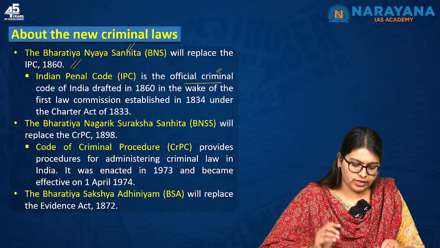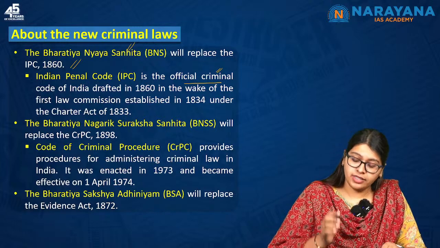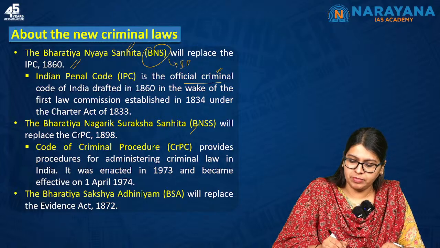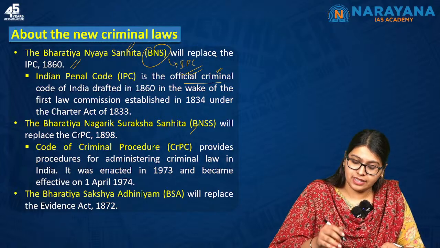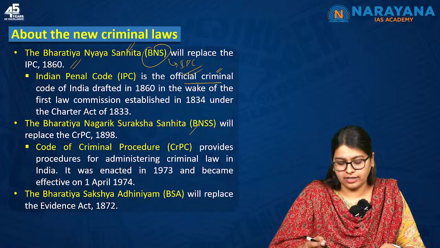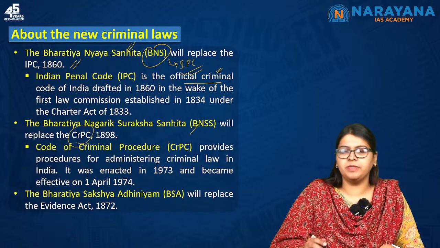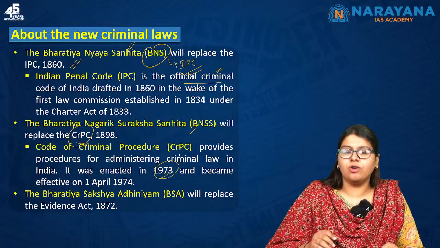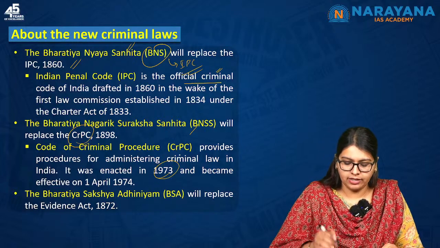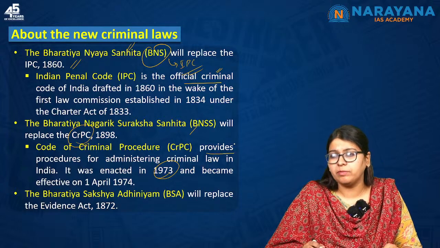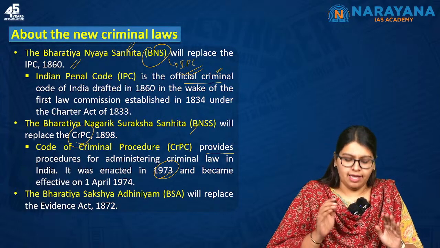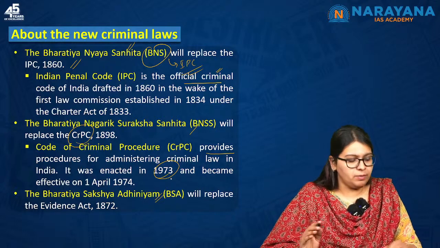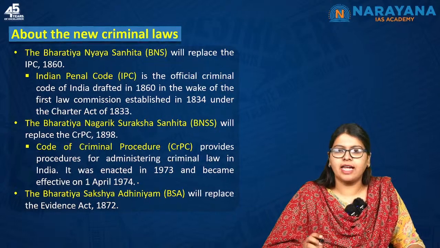Now, moving on to the next one: the BNS will be replacing the IPC, and then the BNSS, that is the Bharatiya Nagarik Suraksha Sanhita, will be replacing the CrPC, the Code of Criminal Procedure, that came into existence in 1974, and that provides the procedure for administering criminal law in India. And finally, the Bharatiya Sakshya Adhiniyam, that is the BSA, will be replacing the Indian Evidence Act of